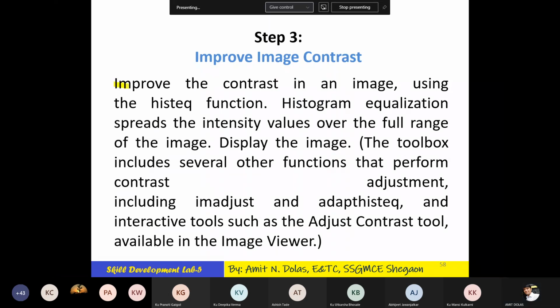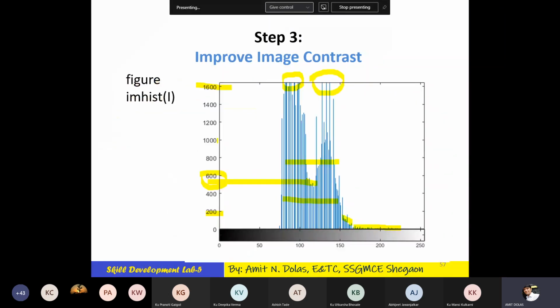Now, improve the contrast in the image using the histeq function. Histogram equalization spreads the intensity values over the full range of the image. What it says is that if I use histogram equalization, this graph will spread towards 0. Also, it will spread towards 255. Therefore, we can easily distinguish the colors. Instead of color, I will say shades.